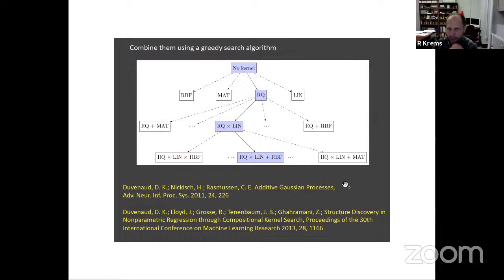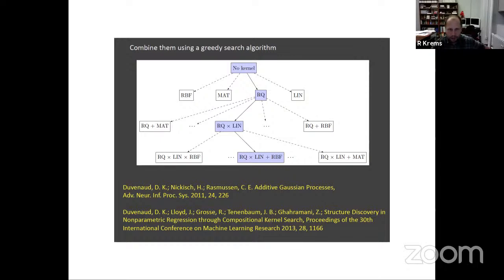Yeah. But the kernel performance actually increases very quickly as you go down this tree. Usually with like 3 or 4 layers, you get very good models. And then after that, you're going to be stuck for a while. So there's 2 problems that you're going to be facing. One is that the number of kernel parameters is going to become so large that the problem will be highly non-convex, and just optimizing the marginal likelihood becomes a big problem. And second, of course, is overfitting. So we basically stop increasing the complexity of these kernels once we face those problems.